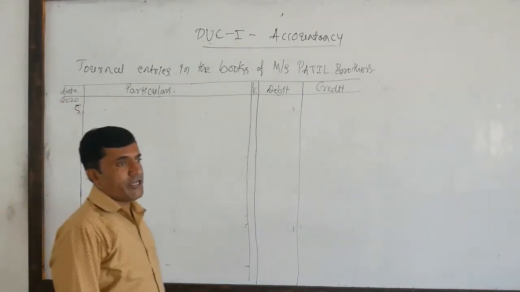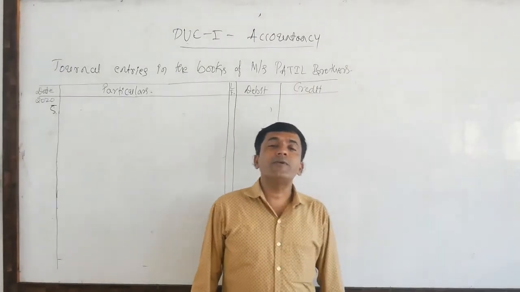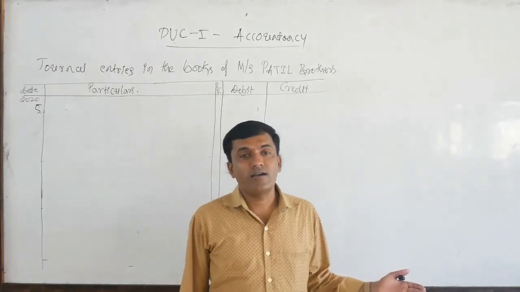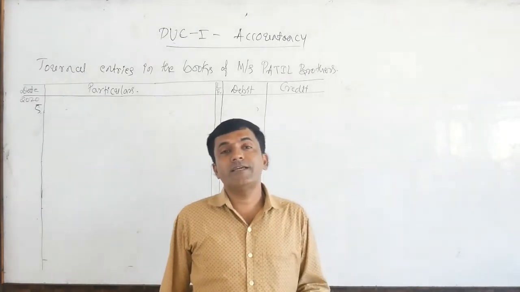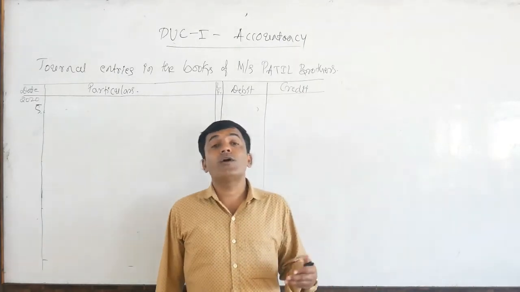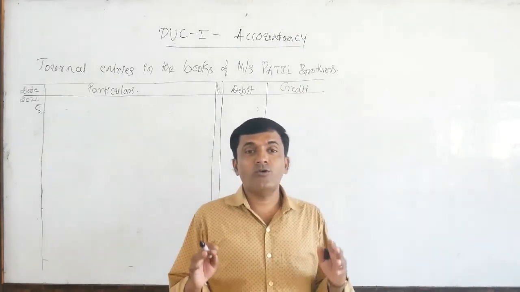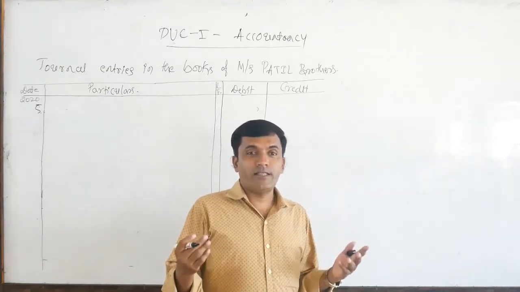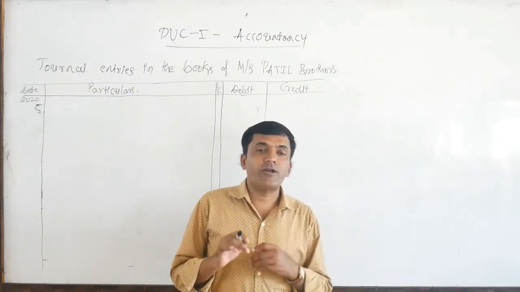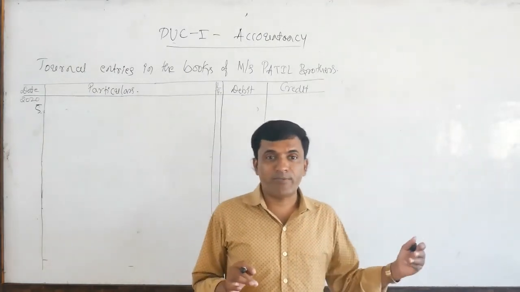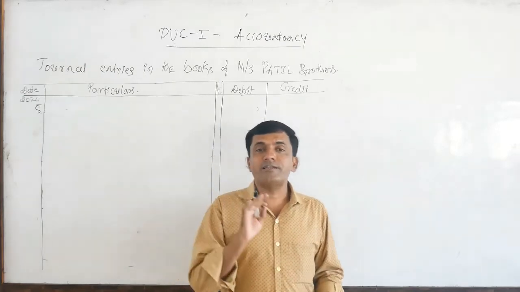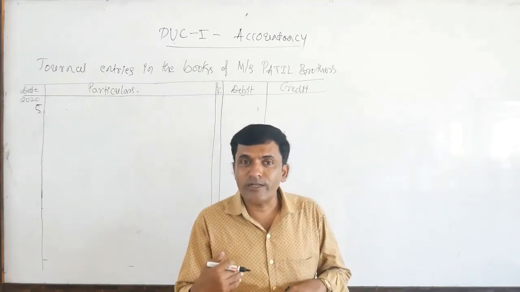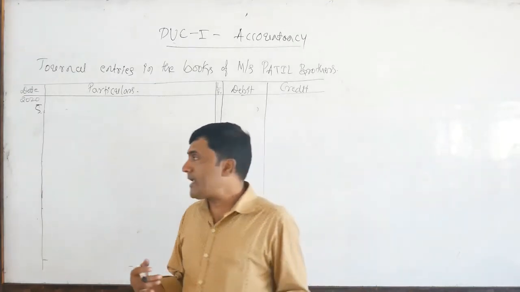If it is cash sales, what will be the rough book entry for cash sales? Sold goods worth rupees 20,000. This is the rough book entry. In this rough book entry, they have not written the name of the purchaser at all. So simply, the rough book entry is sold goods worth rupees 20,000, which means by receiving rupees 20,000 we have sold our goods.